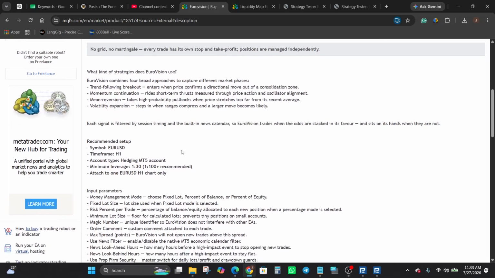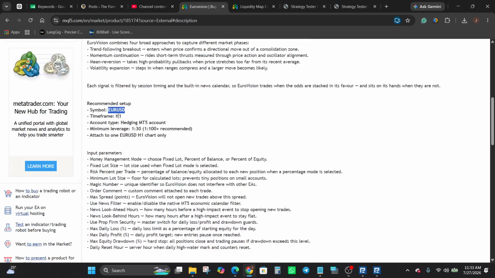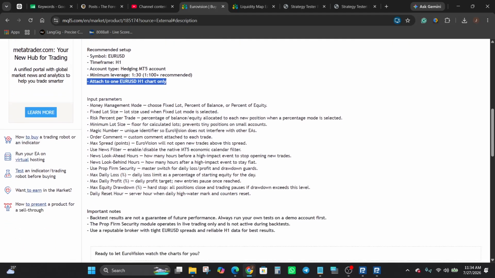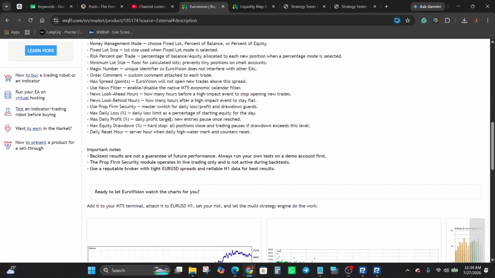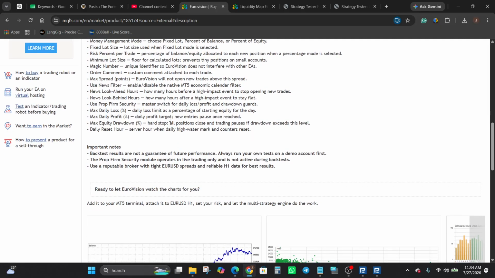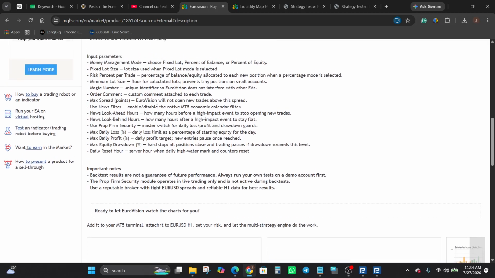The recommended setup is EURUSD on the H1 time frame, a hedging type MT5 account, minimum leverage of 1:30 with 1:100 or higher recommended, and attaching it to just one EURUSD H1 chart. On the inputs, there is the money management mode selector, fixed lot size, risk percent per trade, a minimum lot floor, spread and news filter controls, and the prop firm security settings covering daily loss and profit limits and